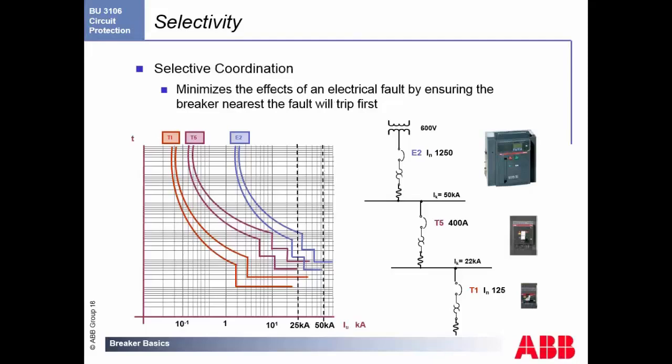As we alluded before, selective coordination minimizes the effect of the electric fault, ensuring that the breaker closest to the equipment is the first to pop. So in this typical example, you're going to have a large breaker that's taking in the power from the utilities or from your branch. We have a secondary that might have a couple of sub-branches coming off, such as the T1s going over here, where you have only 125 amps coming in, and maybe you have another one at 125 amps. Now, if this load down here has an issue, you don't necessarily want to take out the main breaker,